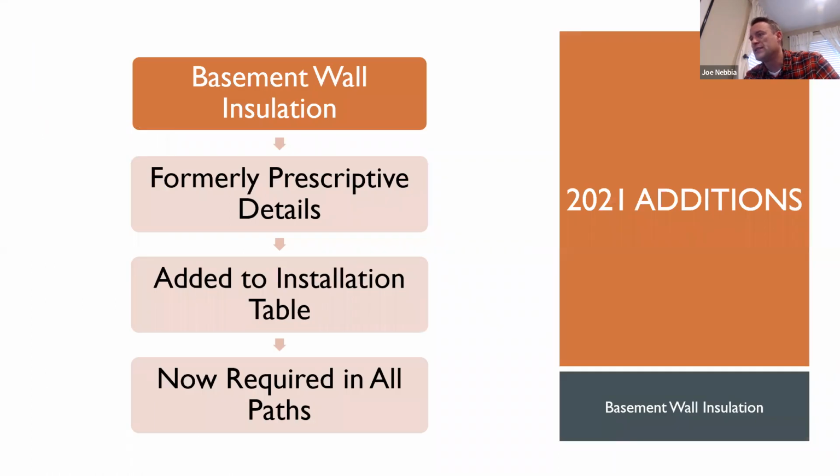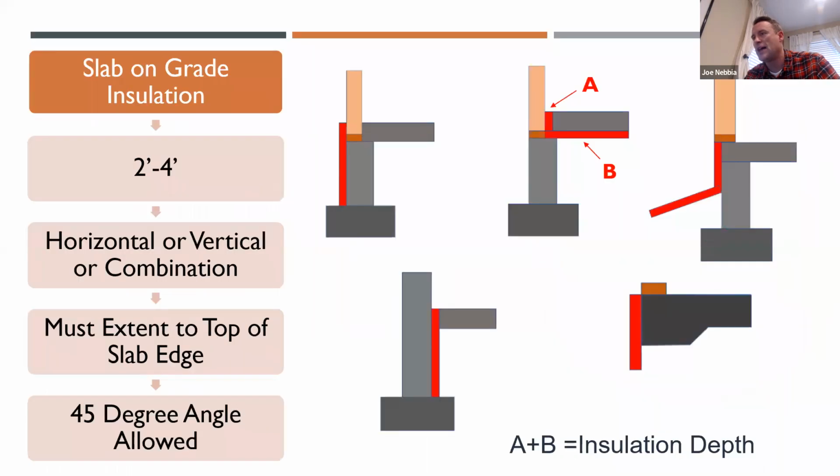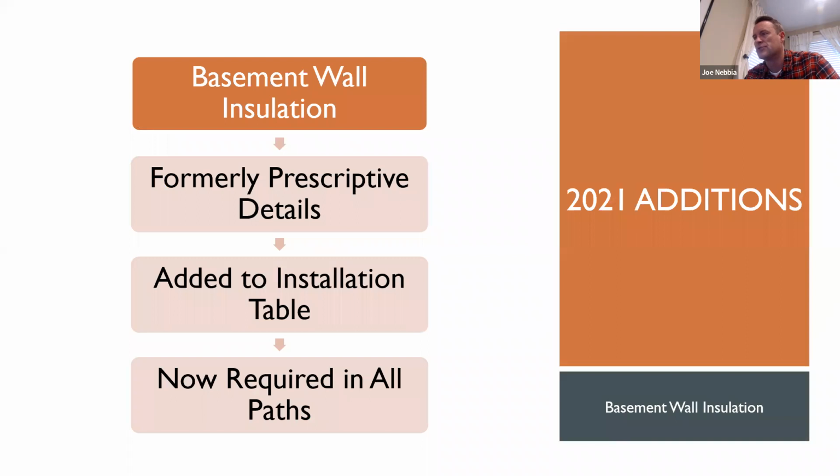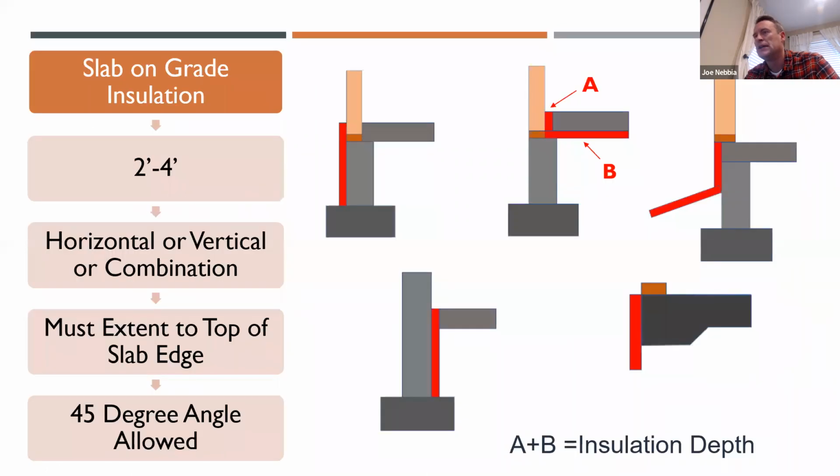A few other details. Again, it was formerly prescriptive. It's now required by all compliance paths, no actual additional details, just that it's mandatory now. Slab on grade insulation is another item that was formerly marked as prescriptive in the code. So the code tables have amounts of insulation and lengths. So it was either 2 or 4 feet, and it was an R5 or an R10 insulation that was required